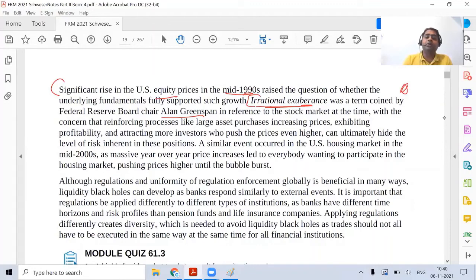Now what he's talking about is a scenario where large asset purchases increase price. People are buying more and because of which prices are increasing, and other people feel that the market is growing. Suppose I go and buy 5 lakh shares of Yes Bank, the prices will go up. Everybody else in the market will feel that Yes Bank is doing good, it might be profitable, hence the prices are going up. More people will come, it will push the price more, and more investors will enter and keep on pushing the price. This scenario is explained as irrational exuberance, where everybody is happy but for no reason.